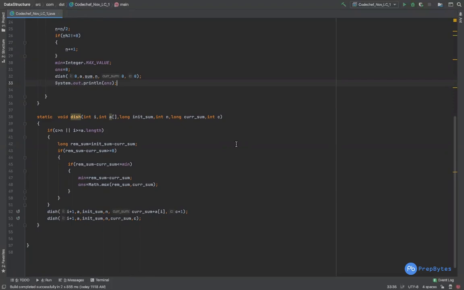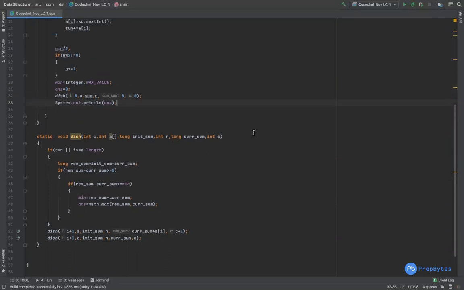If you are able to observe this condition, that we take the initial sum, then once we include a minute dish in burner 1 and once we do not, and take the count of that total sum, then we find the remaining sum. If you are able to understand these things through the test cases, then you can easily implement the question. Otherwise you can watch this video one more time, and you will understand it better.